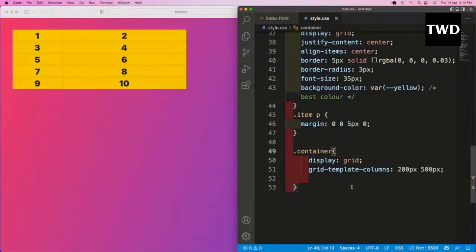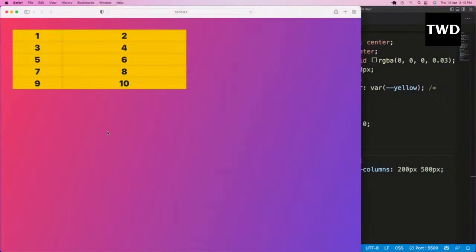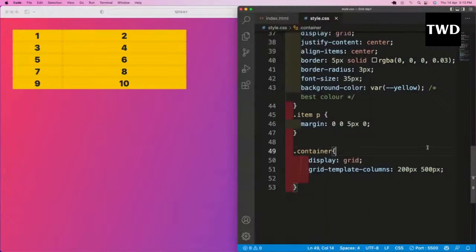So as you all can see, with grid template column, two columns of 200 px and 500 px have been created by default. Okay, so I would like to tell you that in grid, please use Firefox Developer Edition. Why? Because grid, as you all know, works on rows and columns. So the rows, if you all can see the gap. Let me tell you one thing. Grid gap